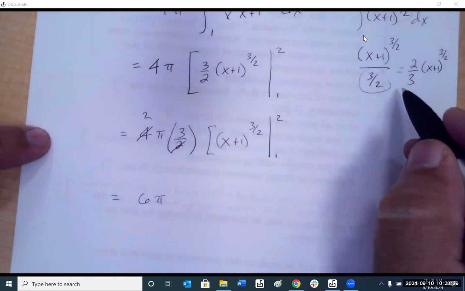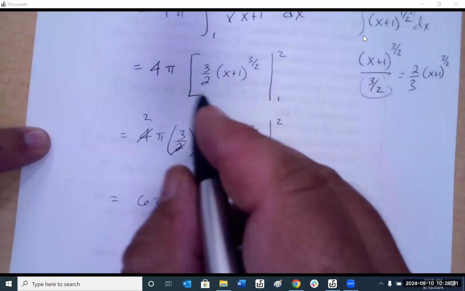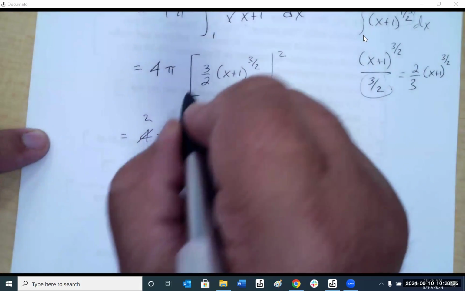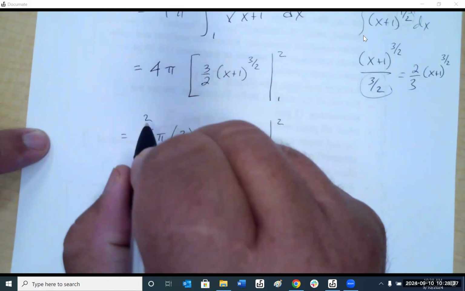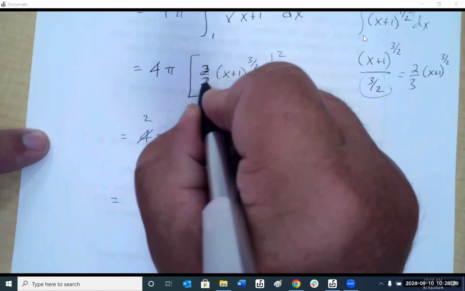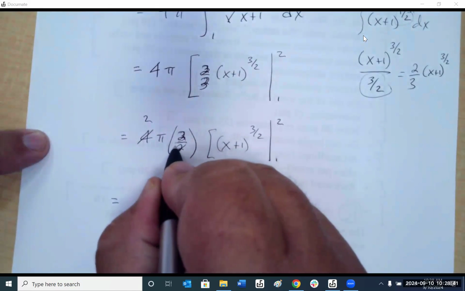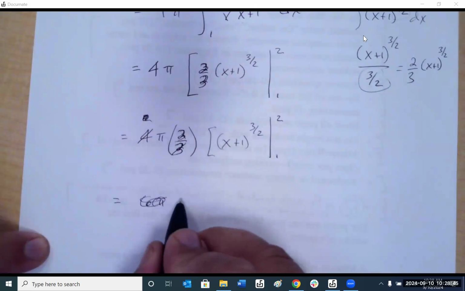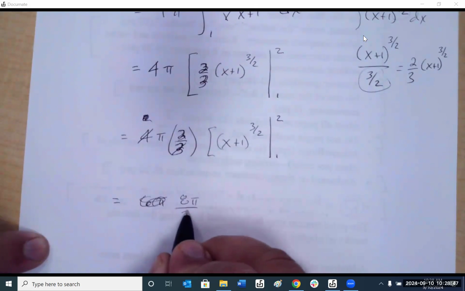Oops, I had it backwards. It's 2/3, not 3/2. I had it flipped. Should be 2/3. Nothing cancels. So we have 8 pi over 3